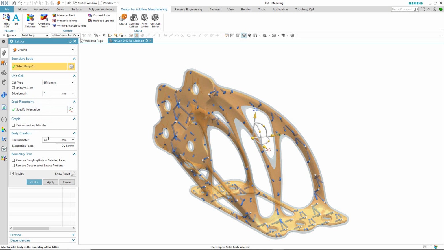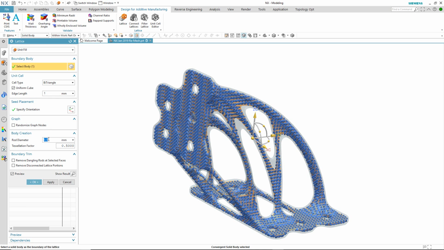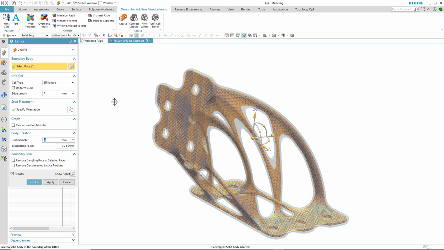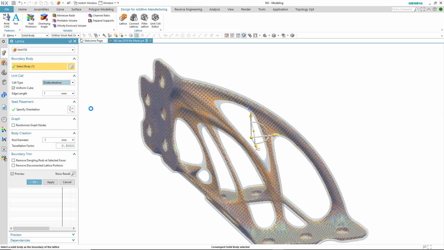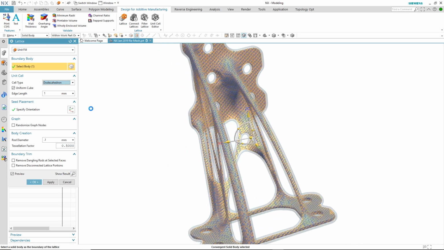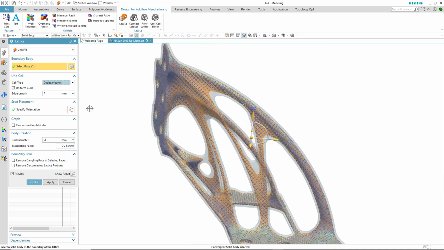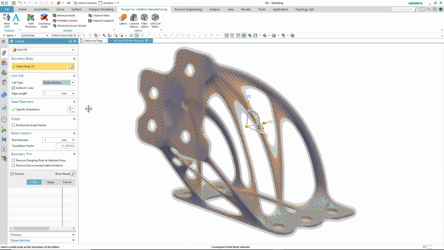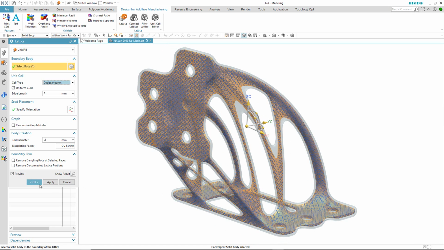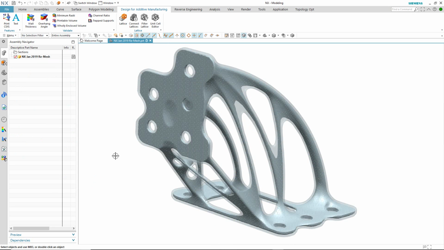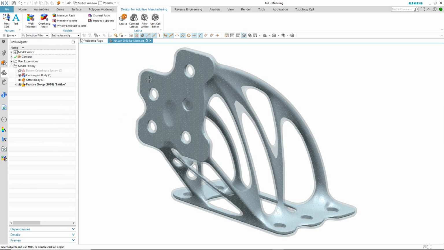As you can see, it's a little bit large at the moment, so we'll just modify the size of the edge length and the rod diameter and keep modifying those until we get a suitable size lattice. Again, we can change the lattice type. And there we have our preview of where the lattice is going to be created. If we're happy with that, we can accept it,